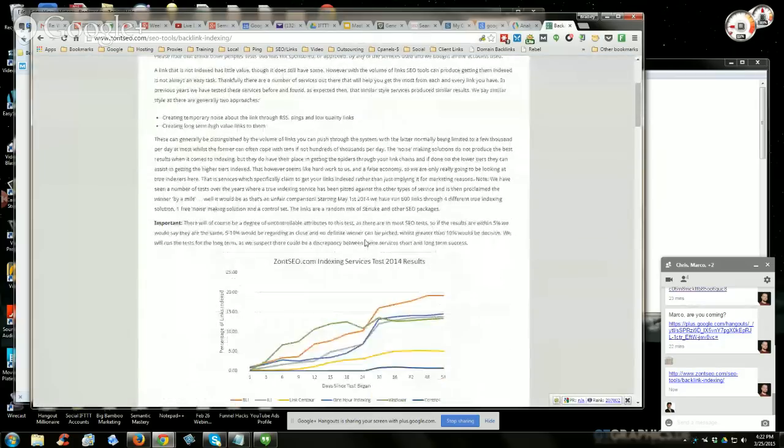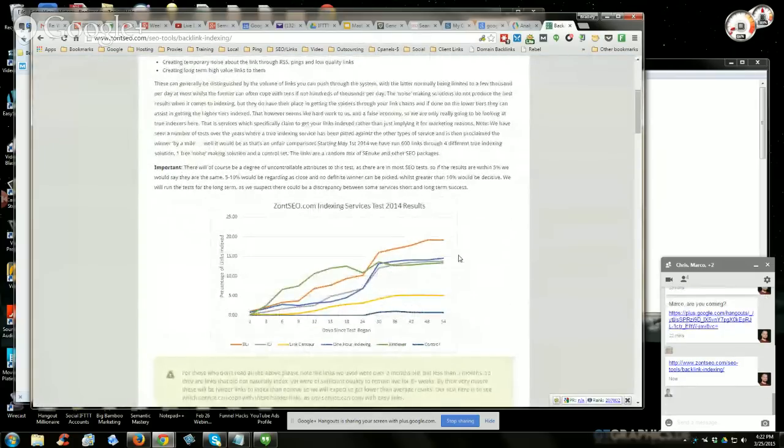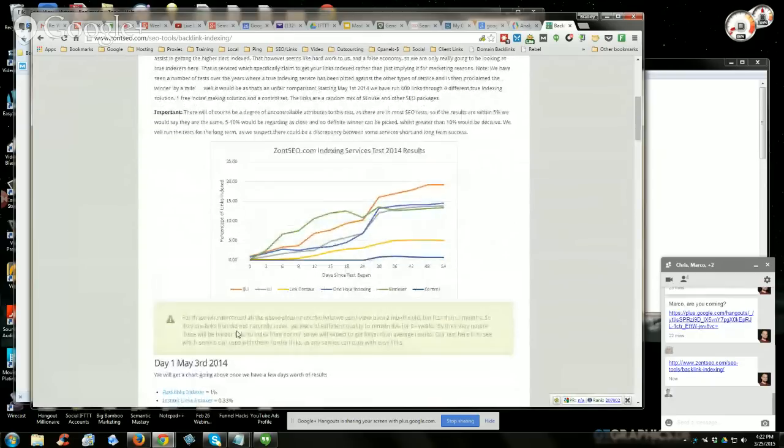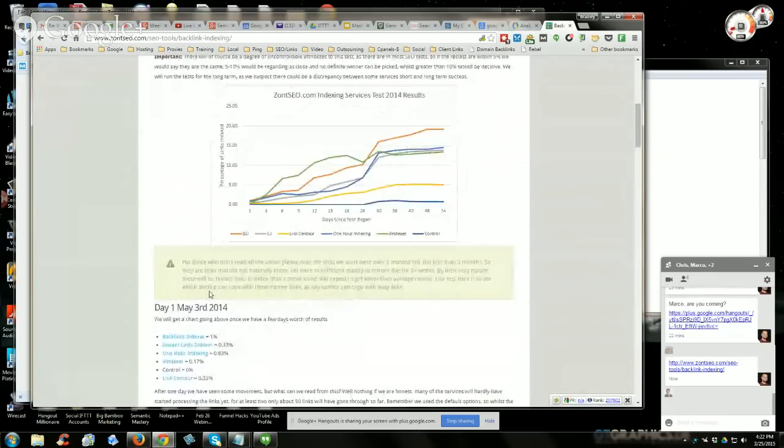Okay, so they did a test, and they used really spammy links, really crappy spammy links that had not indexed in 2 months naturally. And then they ran them through a campaign that was about a 90-day or 60-day campaign or something like that. And out of the results that they got, Backlinks Indexer performed the best. And this was last summer. This is what brought me back to Backlinks Indexer, because at the time I was using other services. With this particular post, you'll get much better results than just 20% when you're using higher quality posts, which is what we do with our IFTTT networks, right?